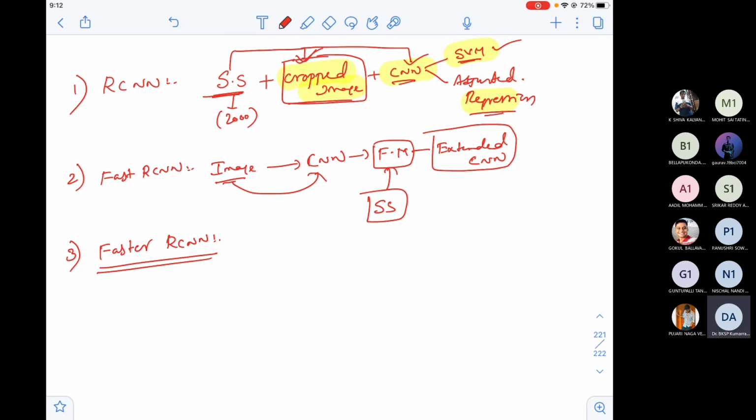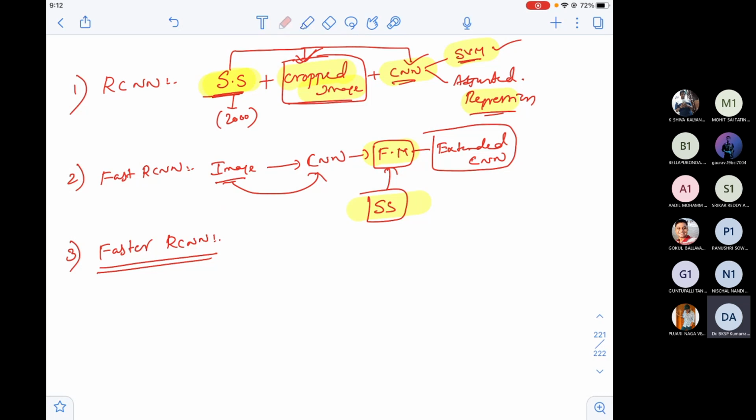The drawback is the selective search. Whether you apply selective search on the cropped image, or on the feature map, whether you apply it on the original input image or on the output of the CNN, the number of boxes will be very high.